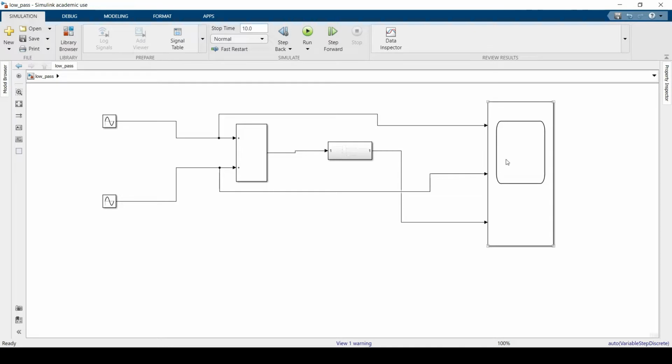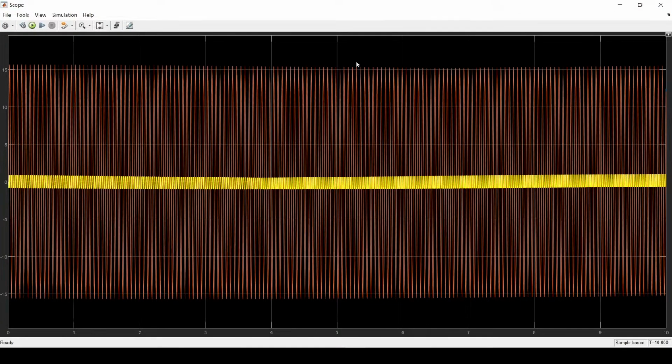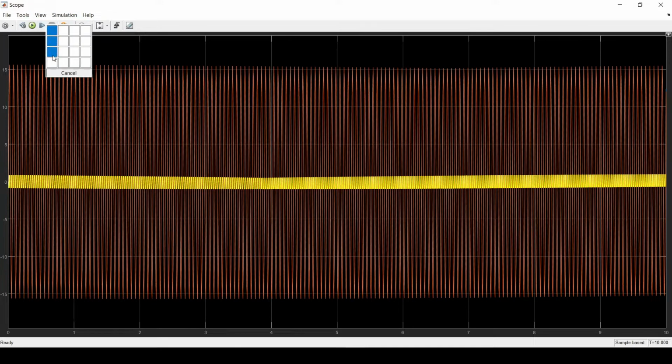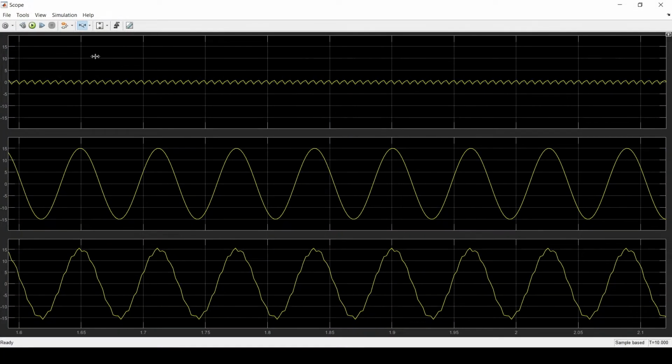Okay, now after running, you need to observe what has been simulated in the scope. Double click on scope. Okay, so this is the output which I got in the scope. So let's change the view format. Click on layout, and I need to observe 3. So my view has been changed now. Now let's drag this output. Okay, and this is our noise signal which has a frequency of 1000 Hertz, and you can see the amplitude of